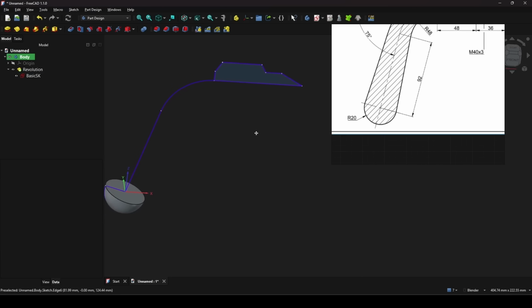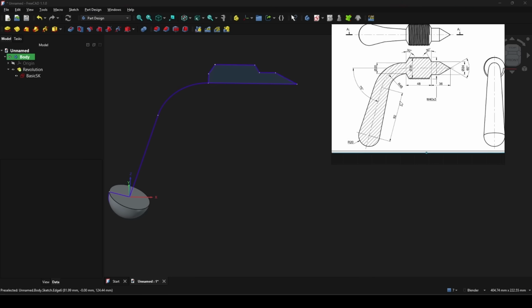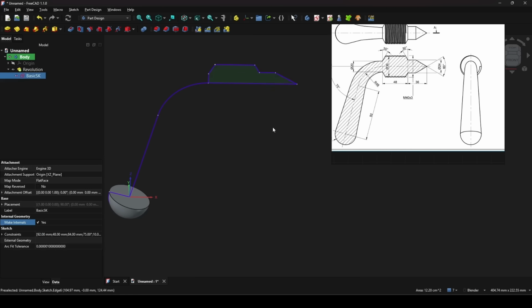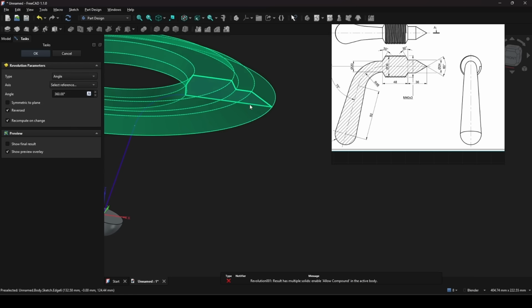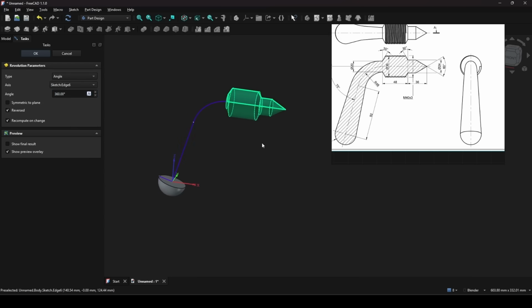I come up here and do the same. I click on this region and revolve, and go to the select reference and click on this one. Okay, click OK. But now I cannot do that because I need to enable the allow compound in the active